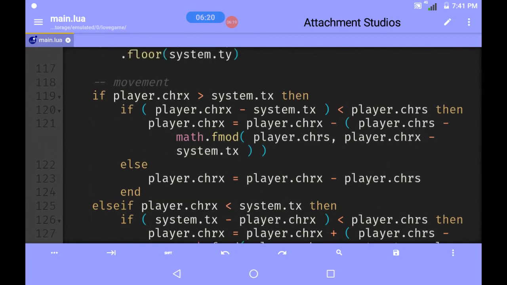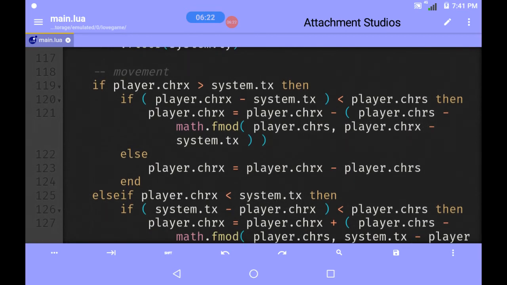Then let's go for the x-axis, that is if character location is more than system touch location, then what I did is just change the player location by removing the speed.